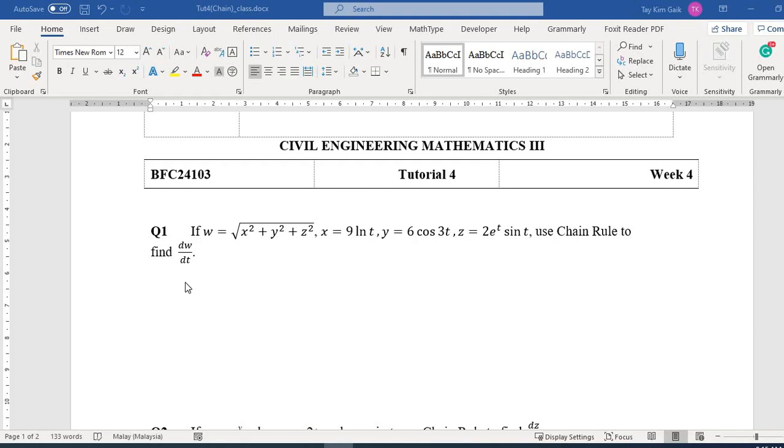And notice w is a function of x, y, z. However, x, y, z are only